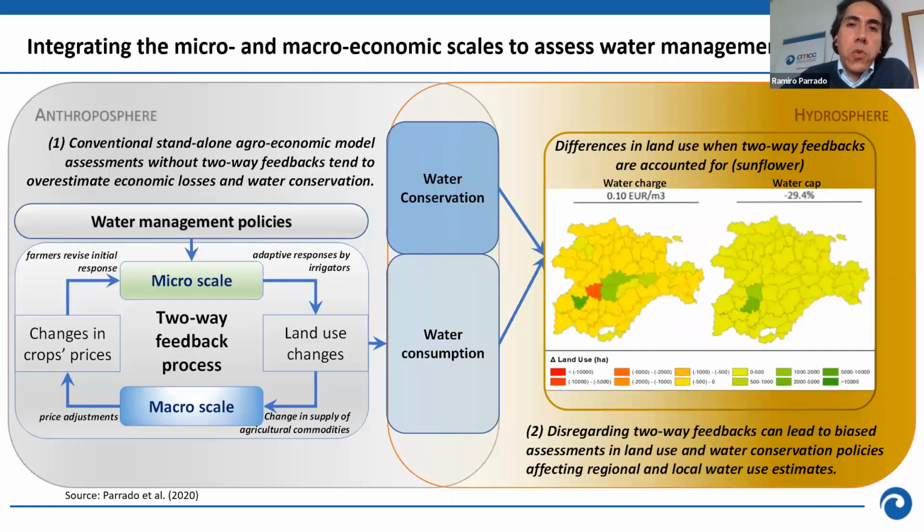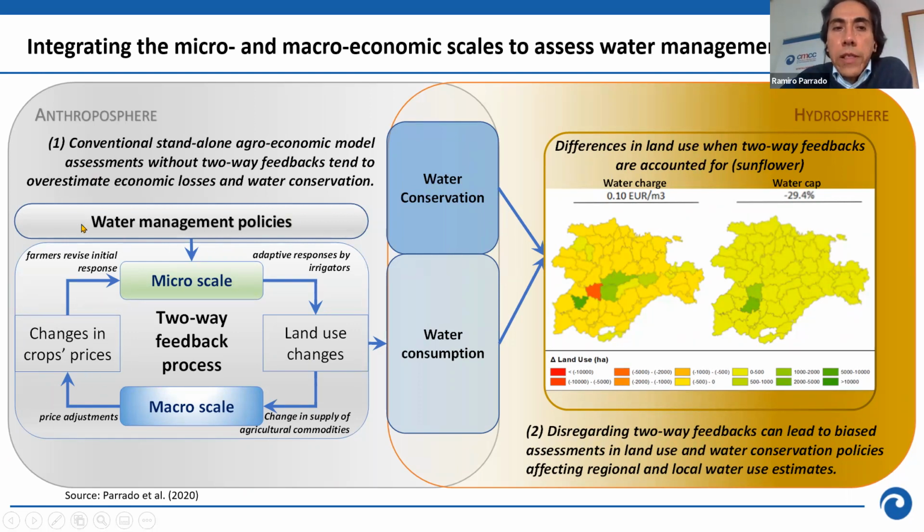Then just to show you a second example, is another paper that we published. And if you look at the left part of the graph, we have almost the same diagram that I showed you before. The only change here is that instead of using the changes in global value added as changes in productivity, we decided to modify a little bit this kind of coupling using the land use changes that come from the micro model in order to modify the behavior of the CGE model. And then we have also the feedback through crop prices.